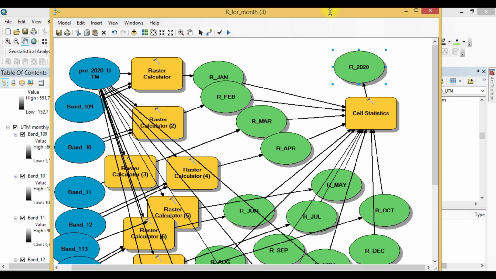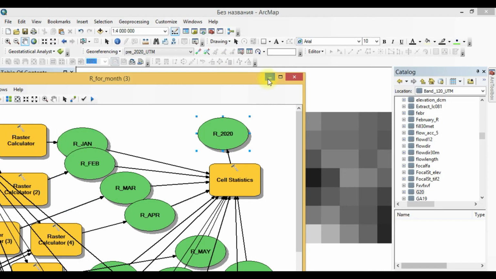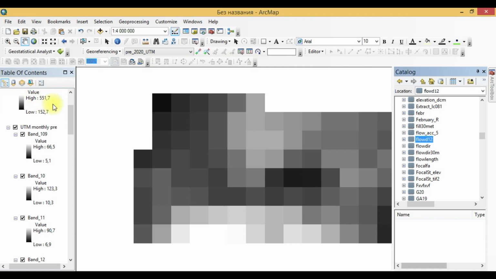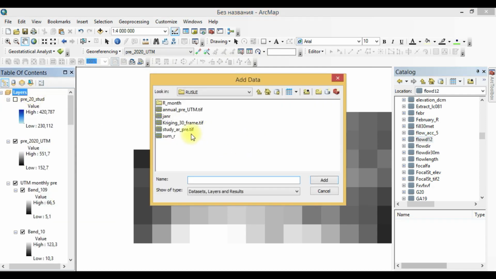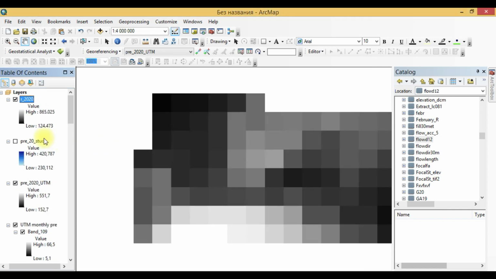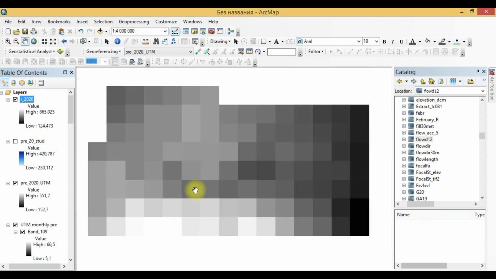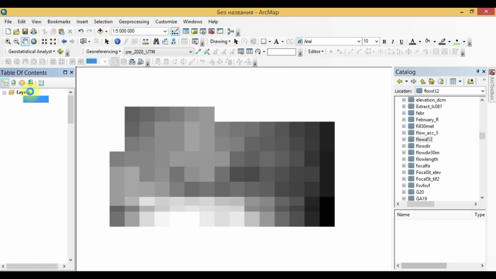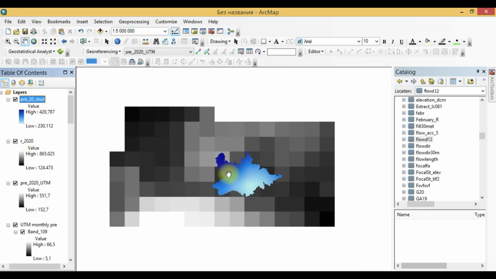R2020, and I should just see my result. I'm going to my layers and months, R2020. So this is my final R factor. Yes, this is my R factor. We can see that the R factor varies for the whole study area from 124 to 865,